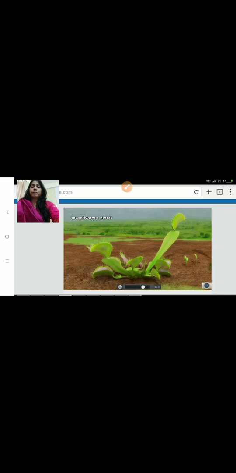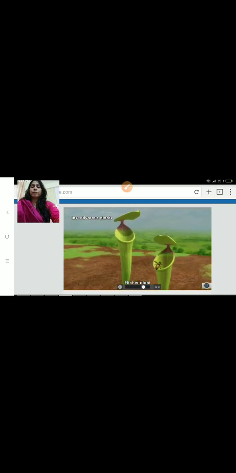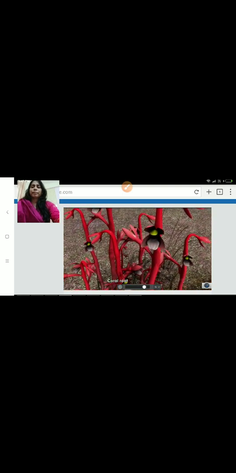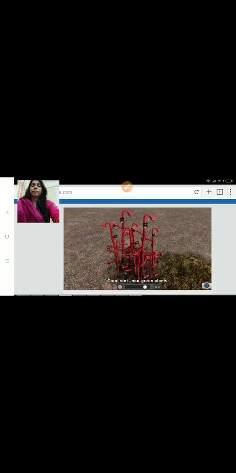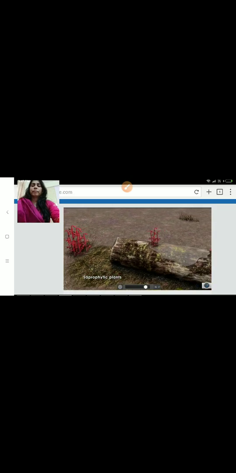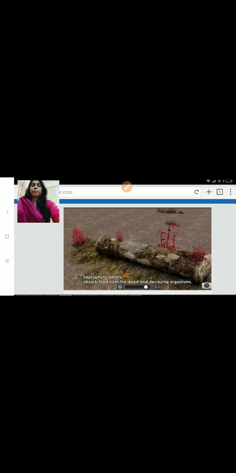Venus flytrap plant and pitcher plant have special structures to trap the insect inside them. Some plants such as coral root do not have chlorophyll in them, and so they are non-green plants. These plants are called saprophytic plants because they absorb food from the dead and decaying organisms.